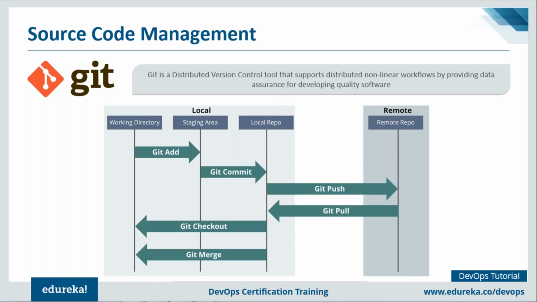After that, we saw how we can push the changes in the local repository to the remote repository. My repository was on GitHub. I told you how to connect with that remote repository, and then how you can pull the changes from the remote repository, right? So all of these things we have discussed in detail. Now let's move forward, guys, and focus on the next stage, which is called continuous integration.